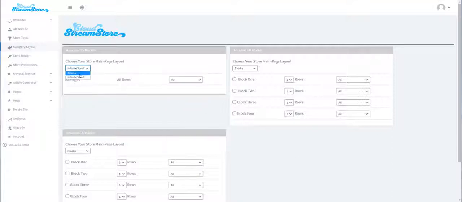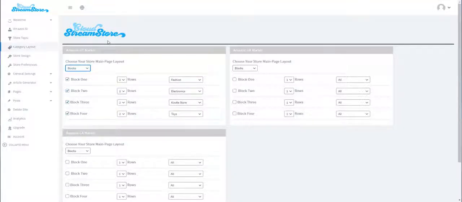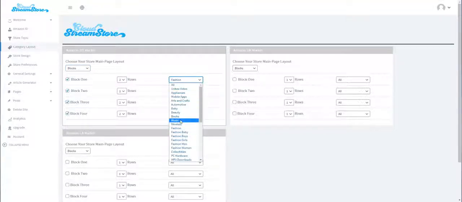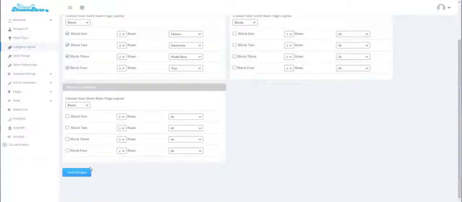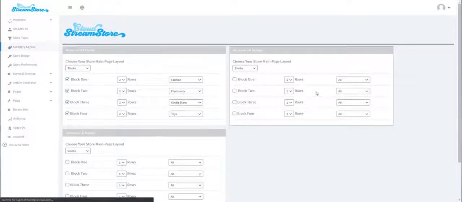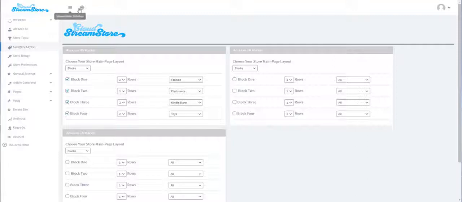Another option is to have blocks. Blocks is the main page in 4 blocks of products, and you can choose how many rows you want from each and the category. For example, here are the defaults. Let's say fashion, electronics, Kindle books, and toys. So if we save this, we have the store ready. So let's see the store. We click here,